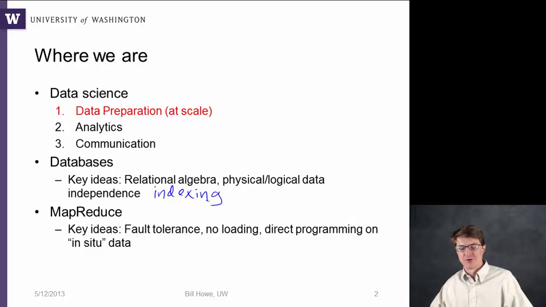And then we talked about MapReduce, and we gave a lot of examples of some basic operations in MapReduce, and we started an assignment involving writing your own MapReduce programs, at least at the programming model level. And so here we saw that part of the advantages of the system itself, first at Google and then in the implementation Hadoop, was fault tolerance at scale. And another one was you didn't have to load the data. You could just work with it as is, unlike databases where you have to actually impose some sort of a schema on it in order to even touch it for the first time. And so that first step can be a doozy.